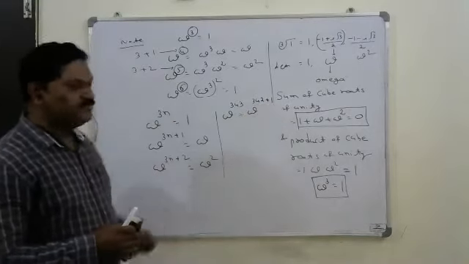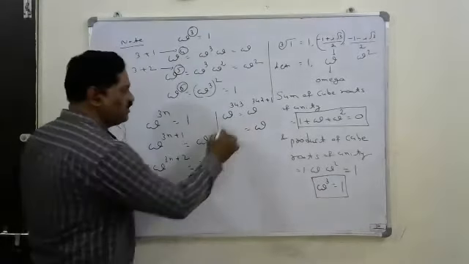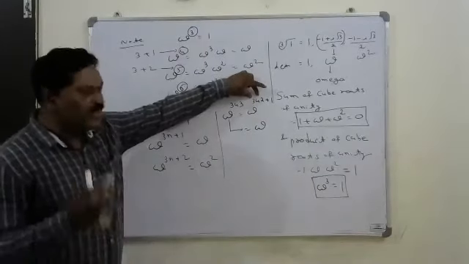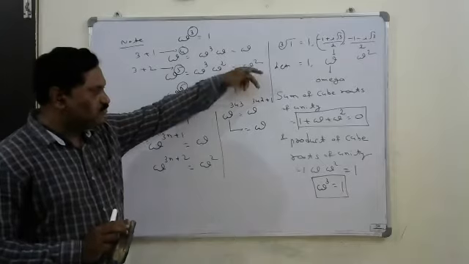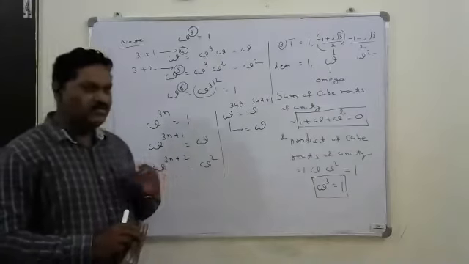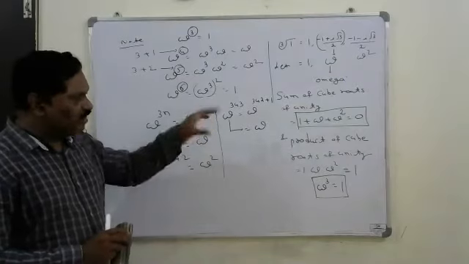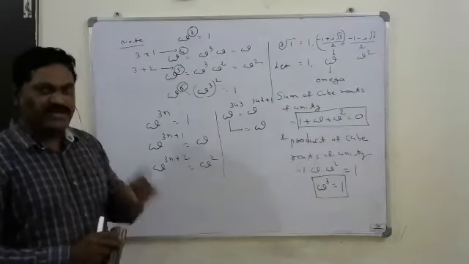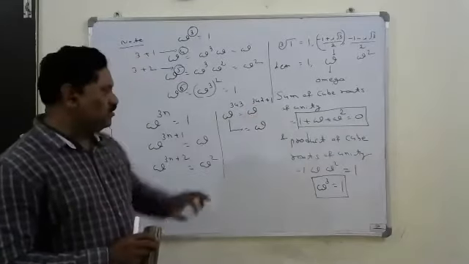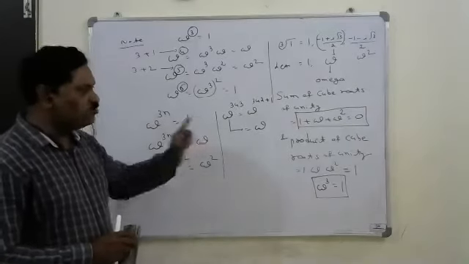This is in the 3n plus 1 form. 342 is divisible by 3, while 340 is not divisible by 3. Thus we write 342 plus 1, that is 3n plus 1. If it is in the 3n plus 1 format, then it is equivalent to omega. So the answer is omega.